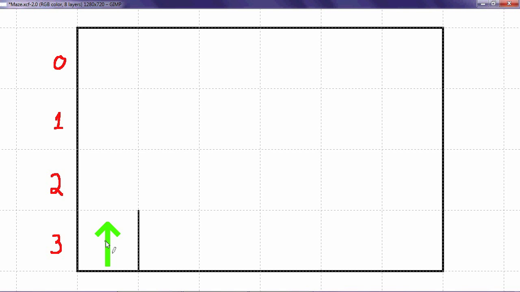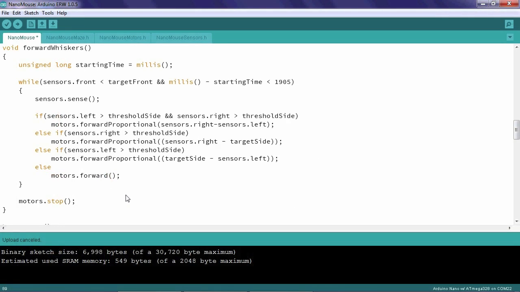If our robot starts out in the lower left corner of the maze pointed north, and we tell it to move forward, it's going to move just like this, and we should update the mouse row variable because it's moved from being in row 3 to being in row 2. We want to update the mouse row variable right after the robot has made its movement, right at the end